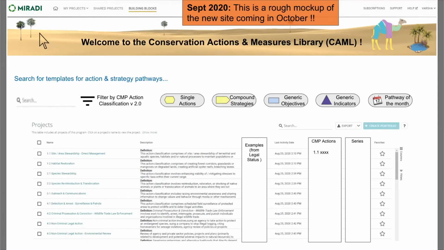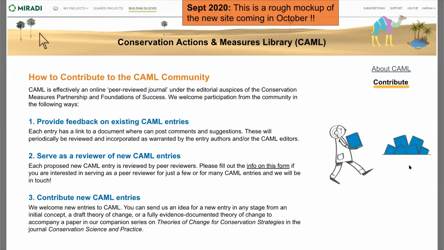If you hit next, you can see that there's a little about CAML on the right-hand side. And then finally, people who wish to contribute to CAML, and then they can see the contribute page. If you click next, then you'll see what the contribute page would look like. And then you can see the 3 different ways in which people can either contribute to existing chains as well as contribute new chains. Then moving on,